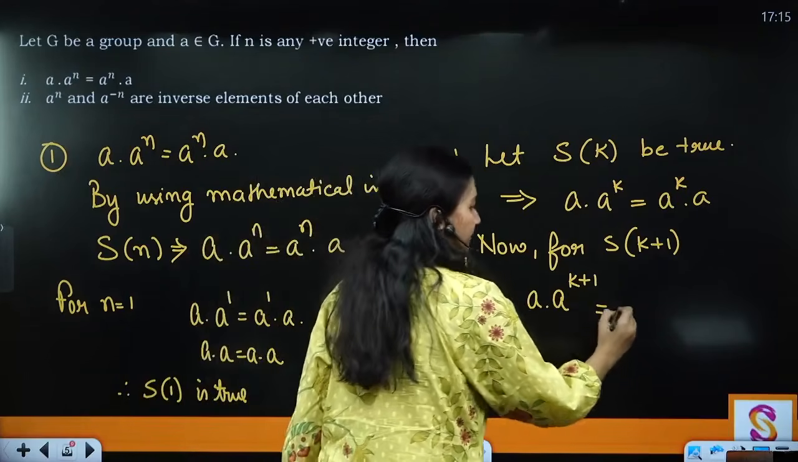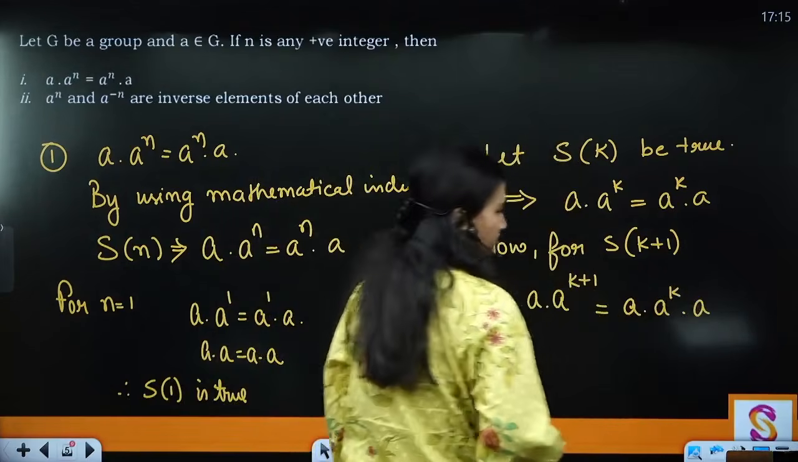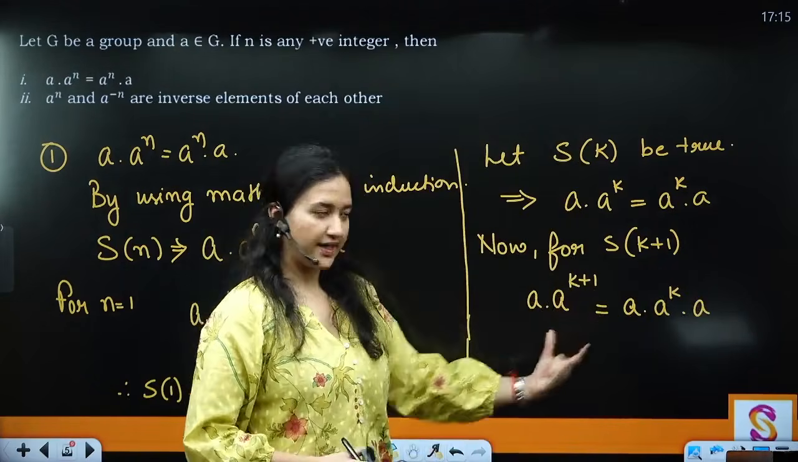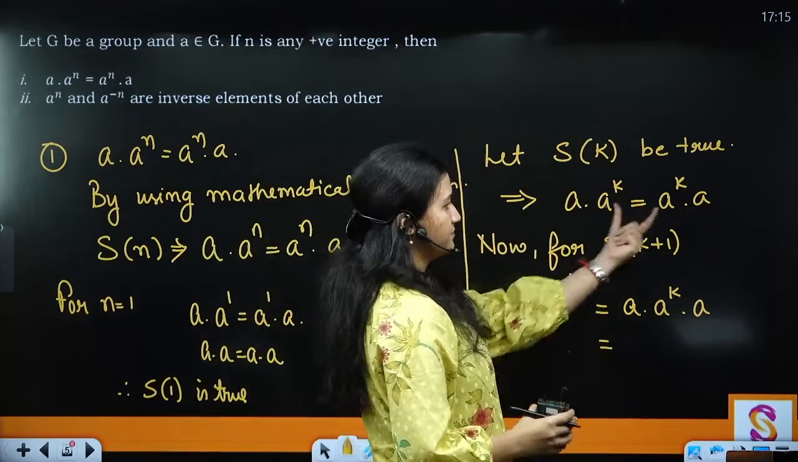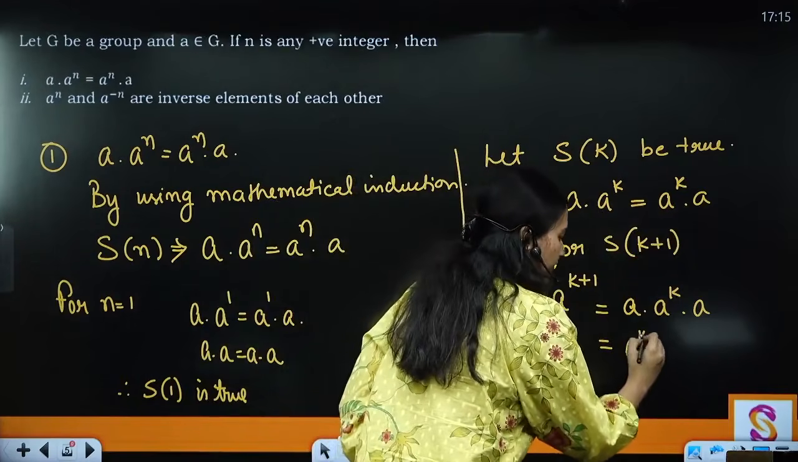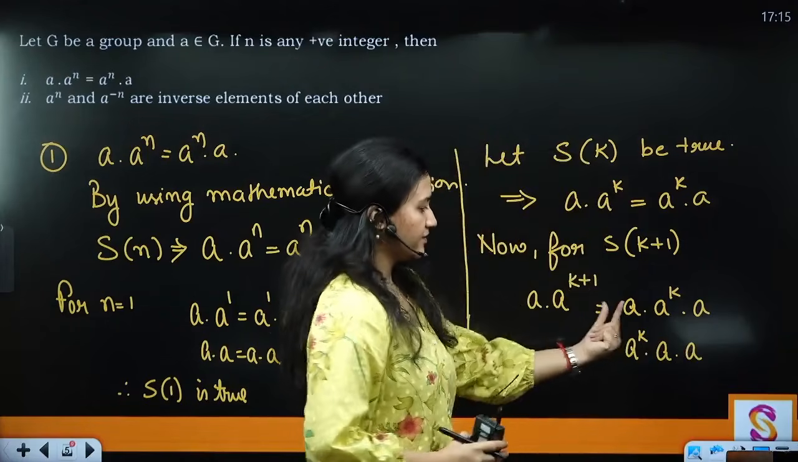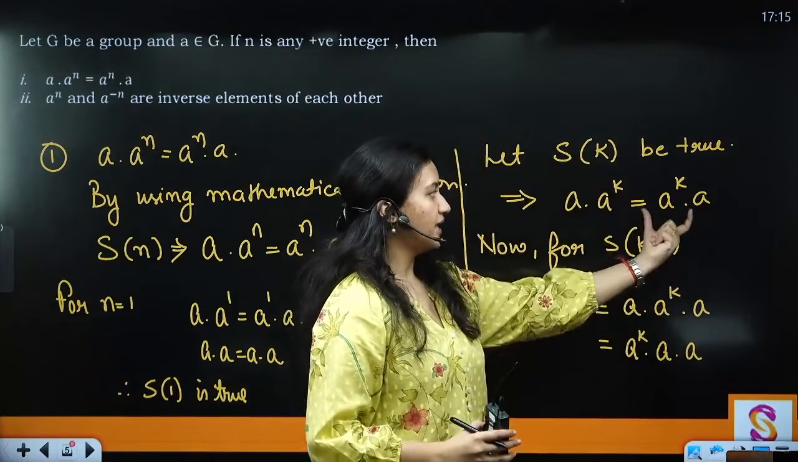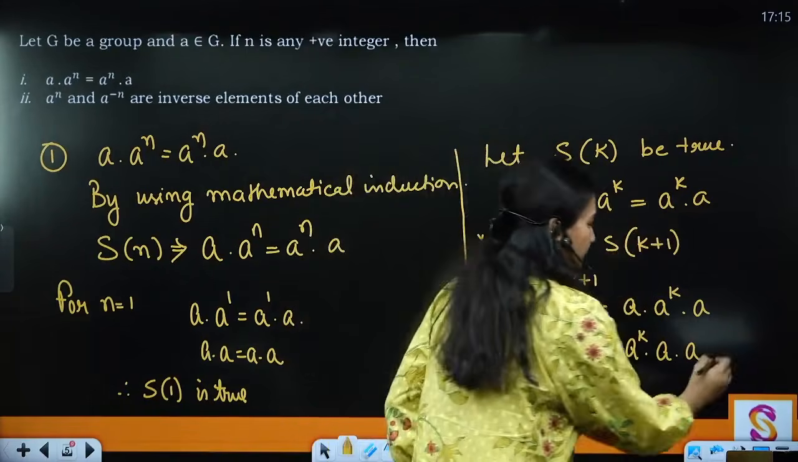So can I write it as A dot A^k dot A? I can split it into 2, right? Now what is the value of A dot A^k? A dot A^k I can write as A^k dot A dot A, right? A dot A^k's value I can put from here. A dot A^k is equal to A^k dot A. So this I can write as,